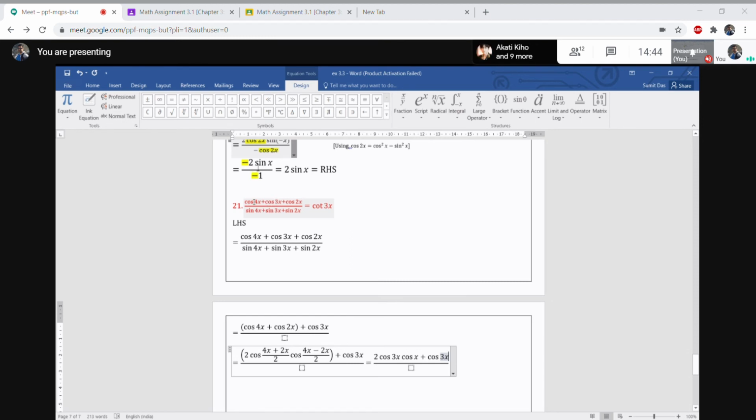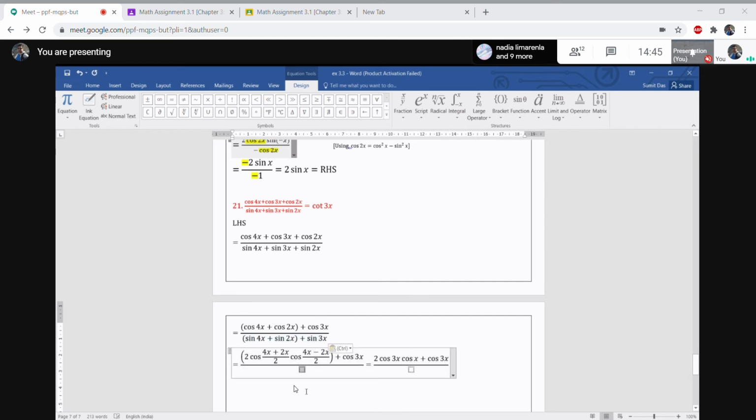Am I clear? If you take these first two values, the result will not be the same. You may not get the required thing. You may simplify it, but you may not get the simplified form you want. So you have to be careful about which things you need to write. Similarly, for the denominator I will use the same thing. I will write the same in brackets: sine 4x and sine 2x in bracket, then sine 3x.